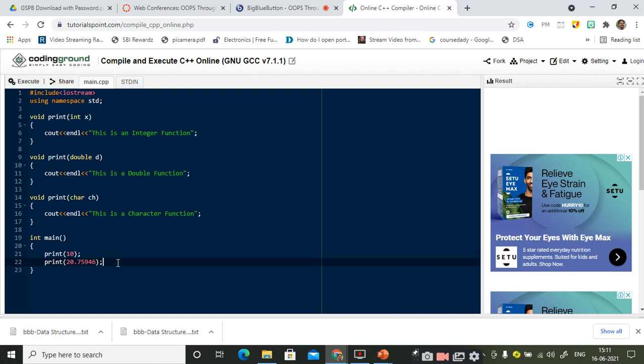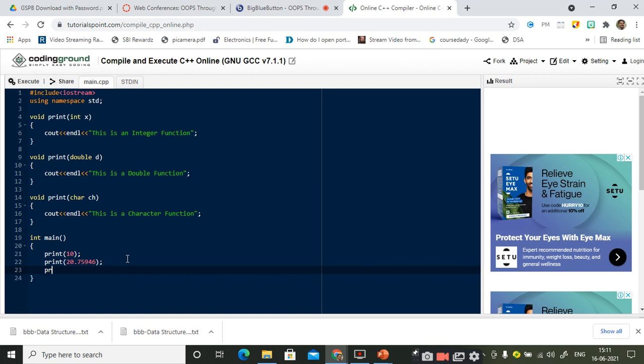Right, here we can say that by looking at the function header, the name of the function is print. Okay, I have 3 print functions, but out of these 3 print functions, which function is to be invoked will be decided by the return type as well as the parameter list. So in all the functions I have the return type as void. Again there is a confusion. So this time I will go for the parameter list. So in the parameter list, the user has given the input as the double variable. So I should invoke a function which is having the double as the input parameter. Right. So this is going to invoke the second function.